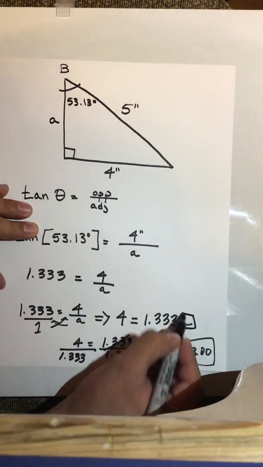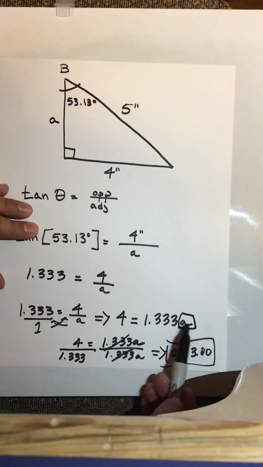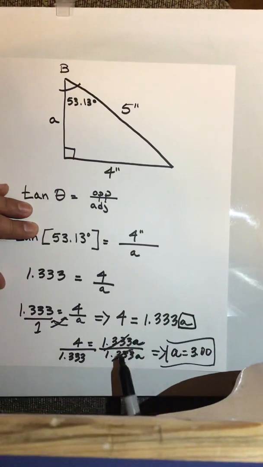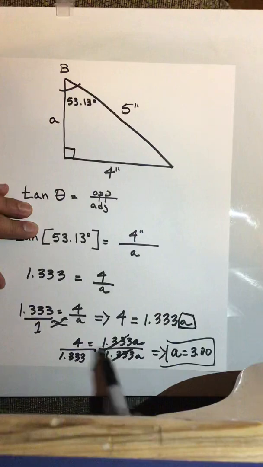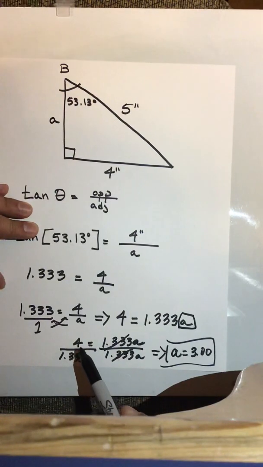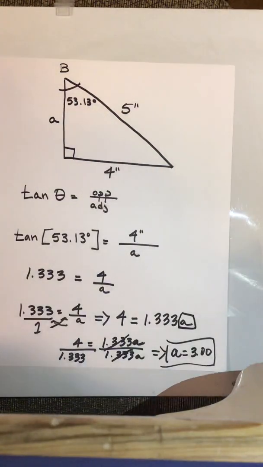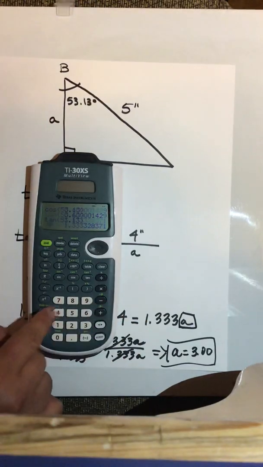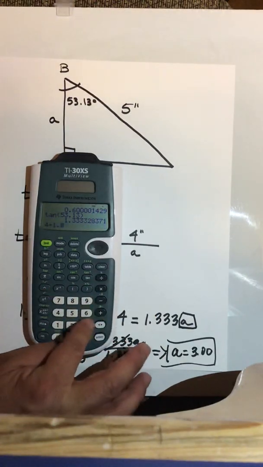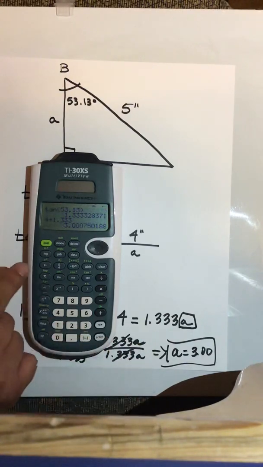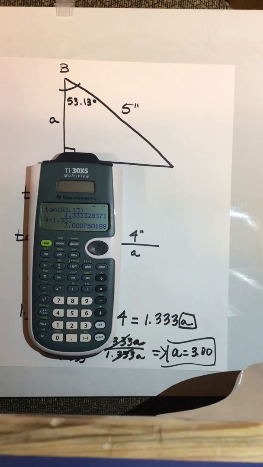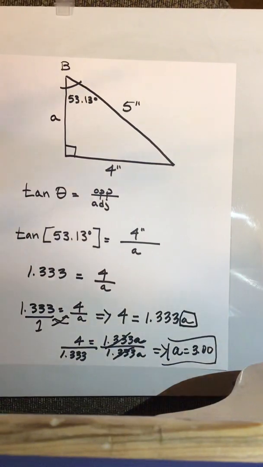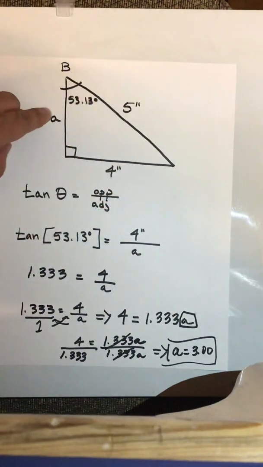Now I'm solving for A, the variable. This times this gives me 4, and the opposite of multiply is divide, so I divide both sides by 1.33. This cancels out, so I do 4 divided by 1.333. If I put that in my calculator, that gives me 3.00075, or in this case, just 3.00. So using the same example and the same sides, guys,